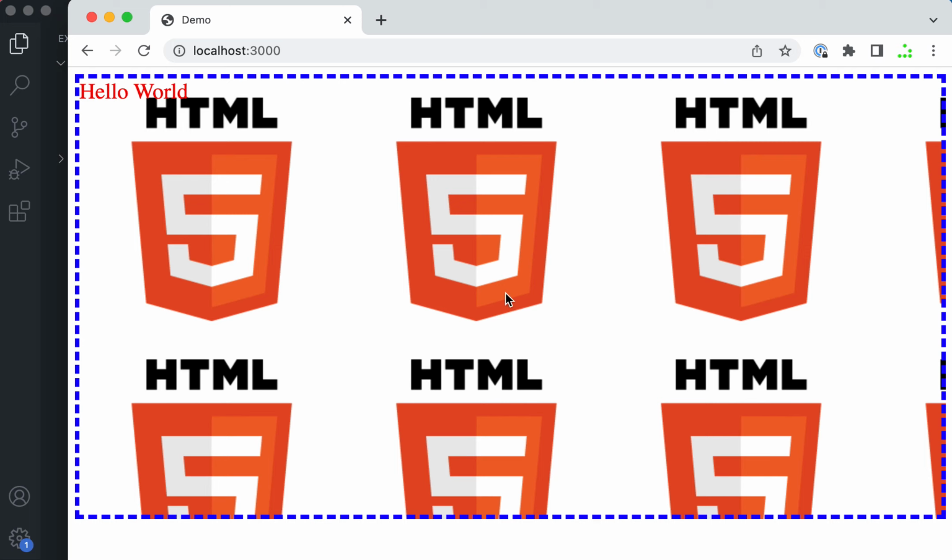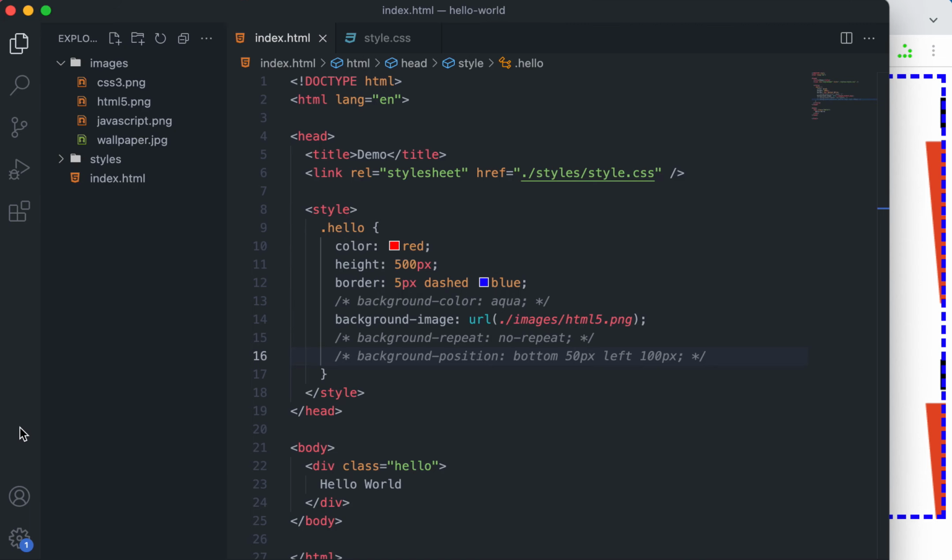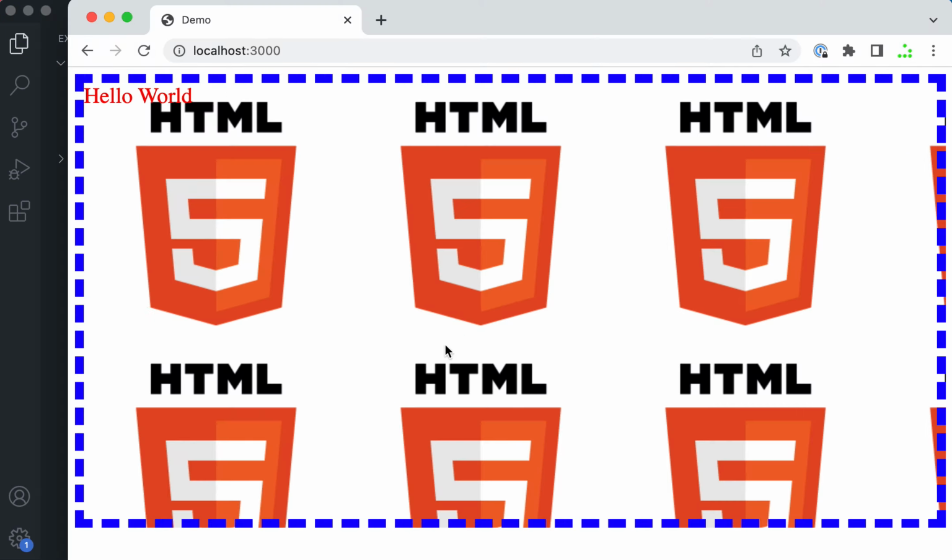So it's repeating. That is fine. However, you see that this thing is clipped. If you want to see clearly, let's make this border 10 pixel. You can see that this image is not going outside